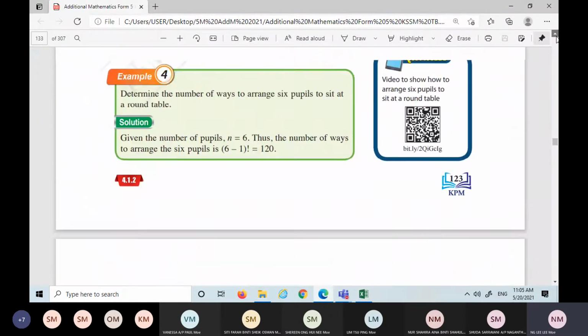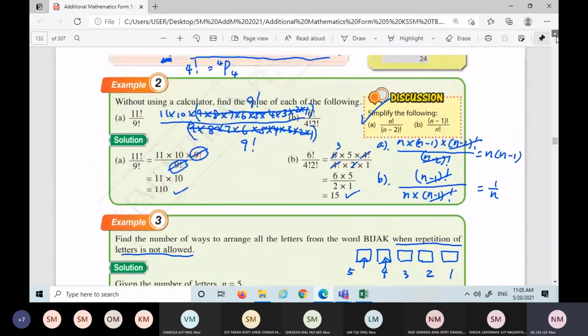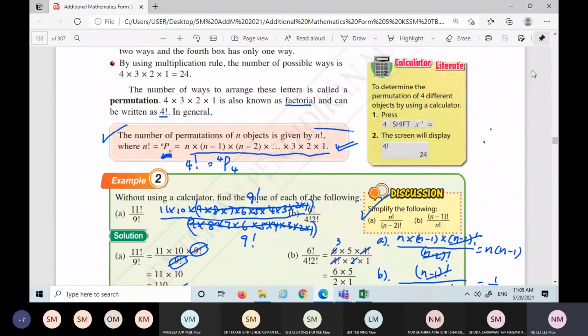Previous lesson, this is what we learned. We have multiplication rules. After multiplication rules, we have this: the number of permutations of n objects is given by n factorial. So if you want to arrange them, you just follow this formula, n factorial. Now my question is,